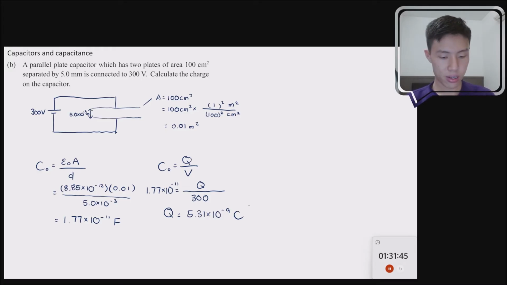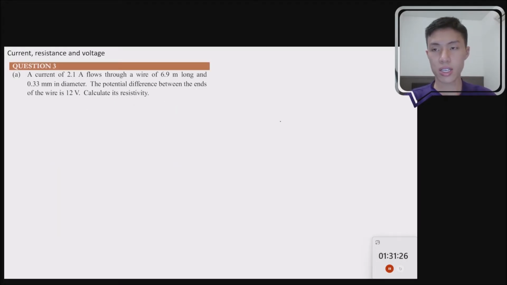So a fairly straightforward question. Even if you have a problem with the concept, just by seeing what's being given, you are able to deduce everything just by the equation. So this is the charge stored in the capacitor. Next,